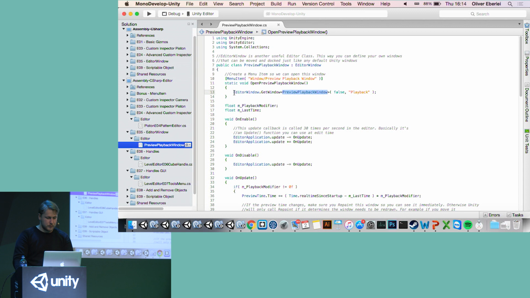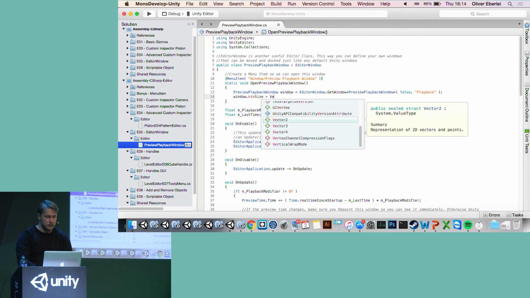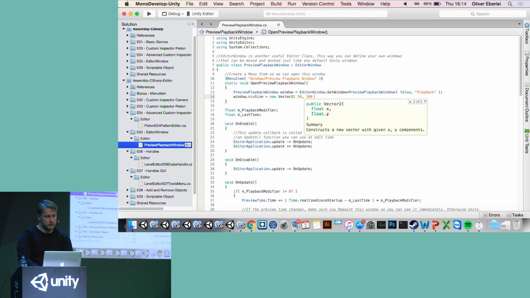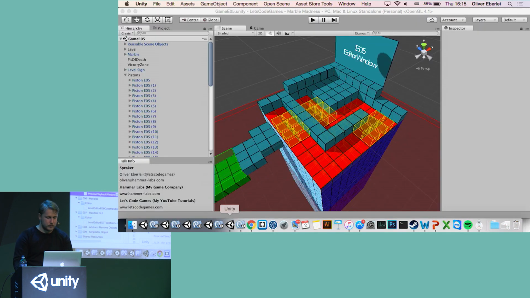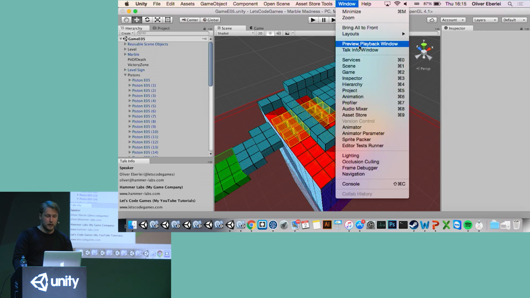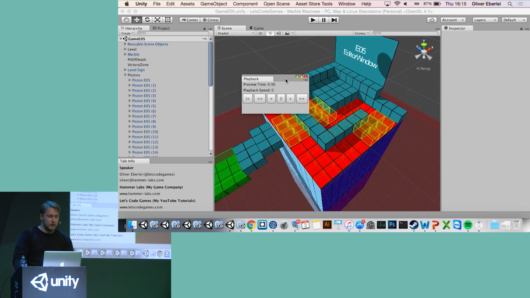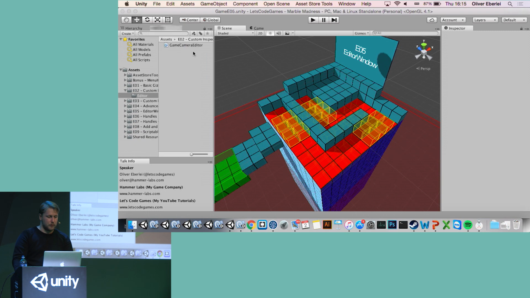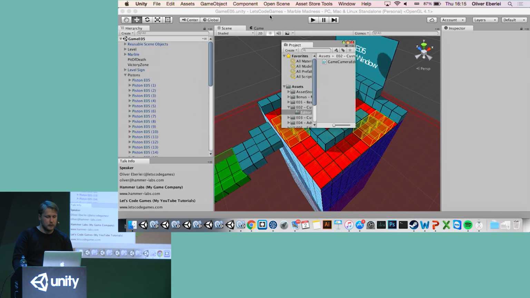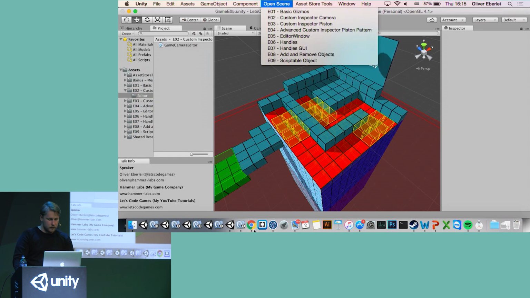What you can also do with this, which is sometimes cool or helpful, in the window, you can, for example, define the minimum size. This is not useful for this window, but you can basically define how big the window can be and stuff like that, and how big it should be in the very beginning. So you can see here, I have a minimum size now. I cannot make it smaller like this. And you know this from the project view, for example. It has the same functionality in there as well. So you can do a bunch of different stuff with your window there.